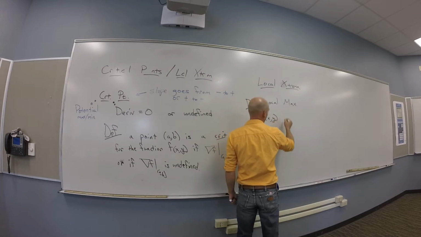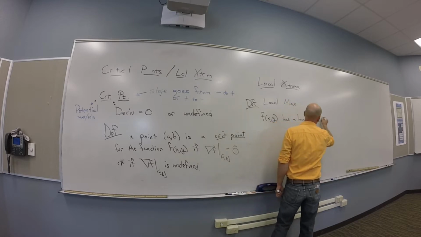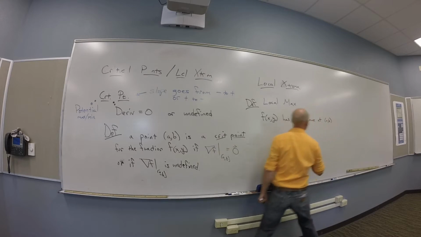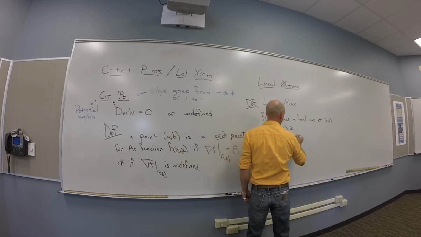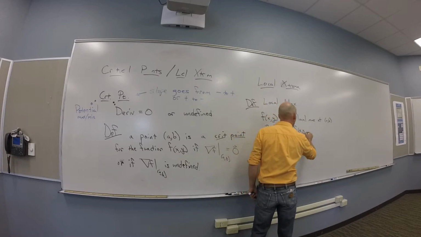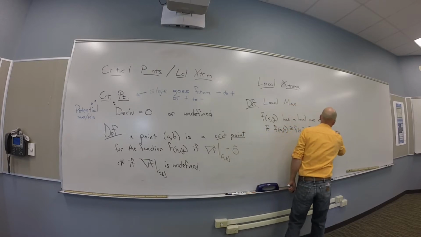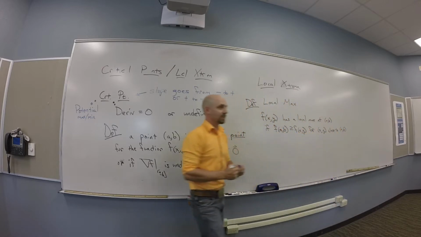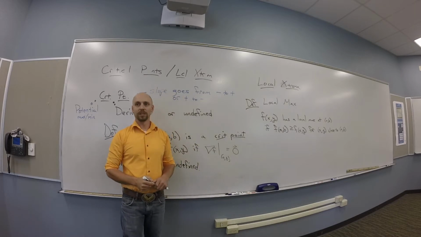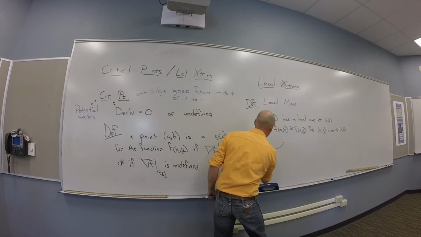So we're going to say f of x and y has a local max at a, b if f of a, b is bigger than or equal to f of x and y for x and y close to a, b, and I'm kind of leaving off what close means. You guys see that? In other words, if you have some surface that looks like this,